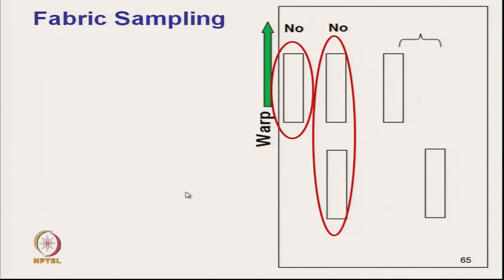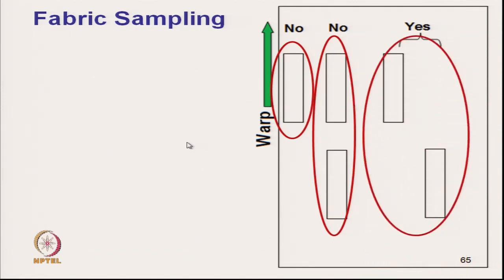These are correct sampling, because they contain different sets of warps and different sets of wefts. So, this is yes. Also, if we want to take only warp, then these 2 will work, as far as only warp is concerned. Similarly, for weft,